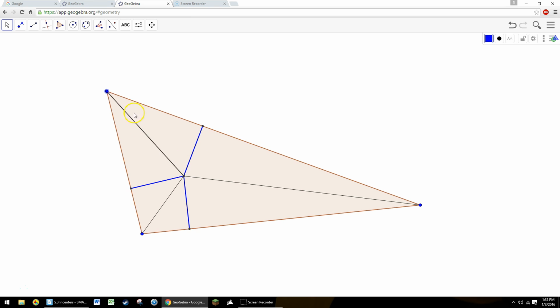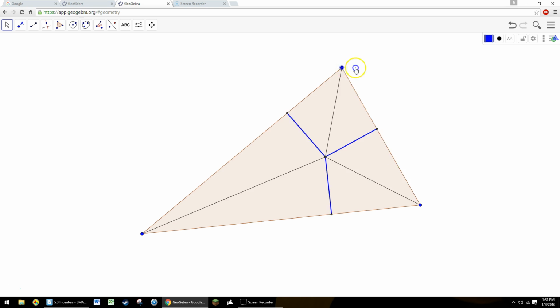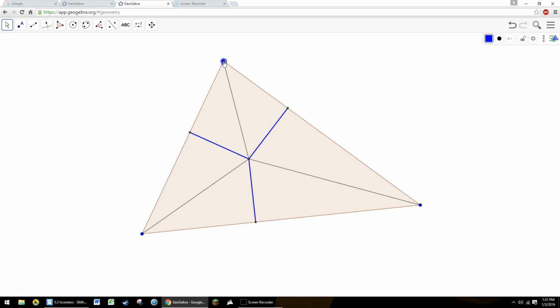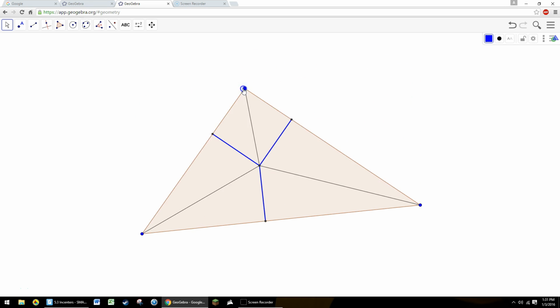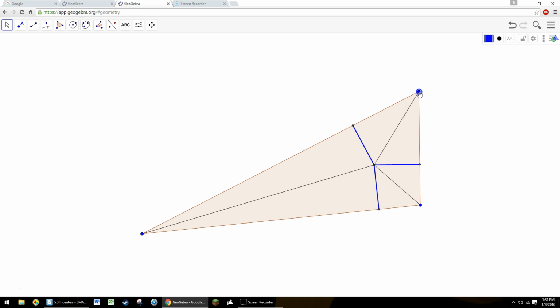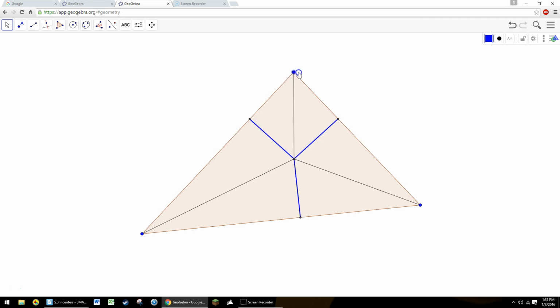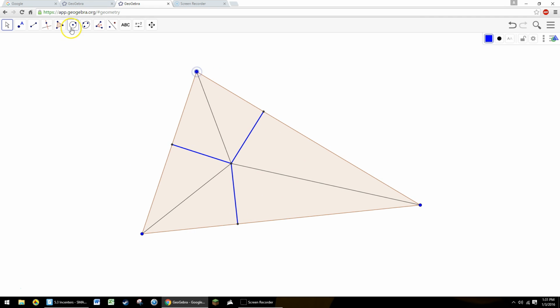So if we wanted to find the distance between the incenter and a side, it would be the length of this segment. Now, you might notice as I move these around that there is something pretty interesting about those three segments, and that they all appear to be approximately the same length. And if I scoot it off to the side, there's kind of an optical illusion that makes one look longer than the others, but if you actually go through it and measure it, you can verify that they are